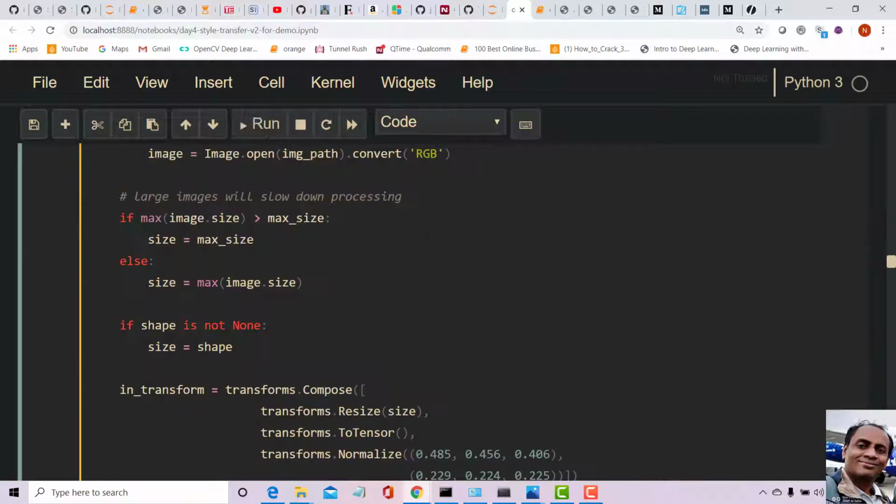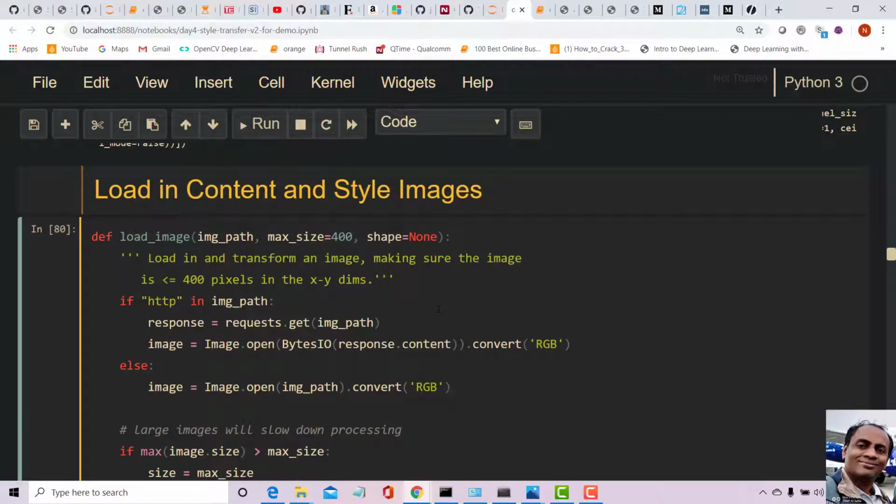We already did this. Here I have written a small function to load the images. All you need to do is, actually you don't need to do this part of it. This is only if you are loading the image from an HTTP path. You just need Image.open. It opens the image at the image path and converts it to RGB.